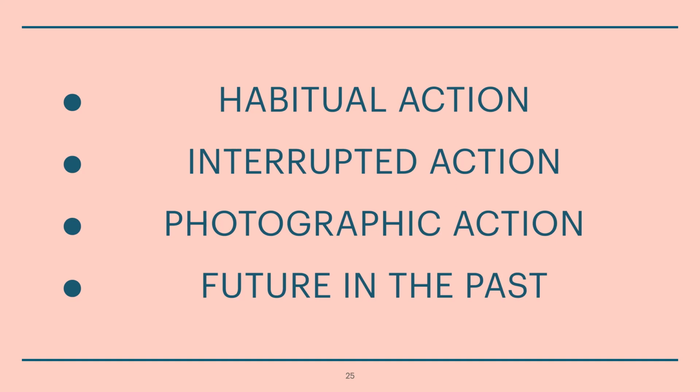Interrupted action, that's what you were doing when that action was interrupted. So in my example with my timeline, I was taking my dog for a walk. That's actually an action verb, but it was interrupted by the cat running in front of my dog. So even though taking my dog on a walk is an action verb, that was the action that was interrupted by